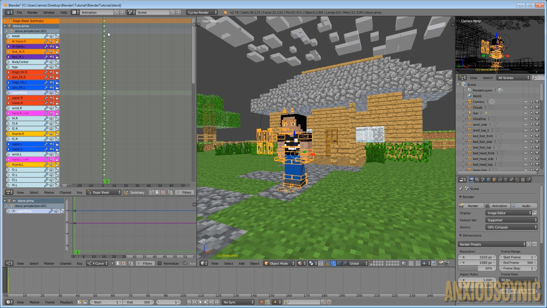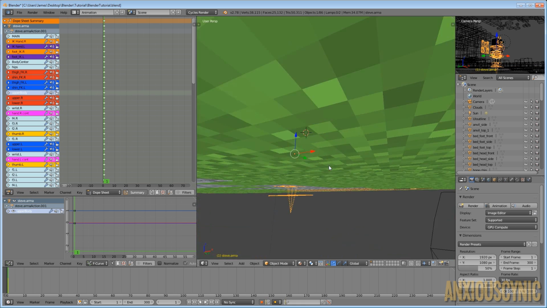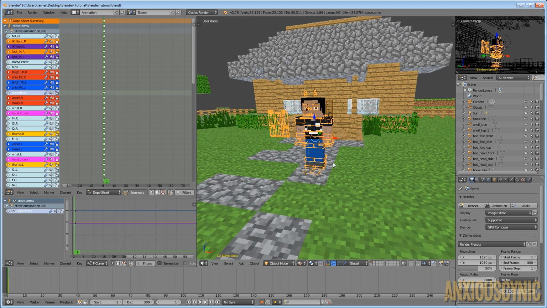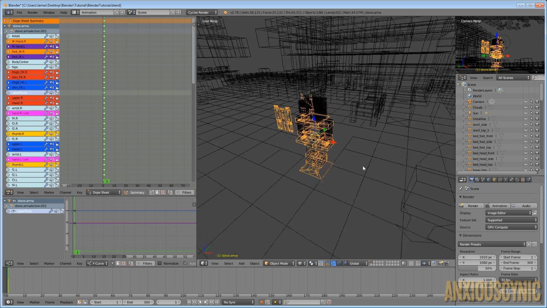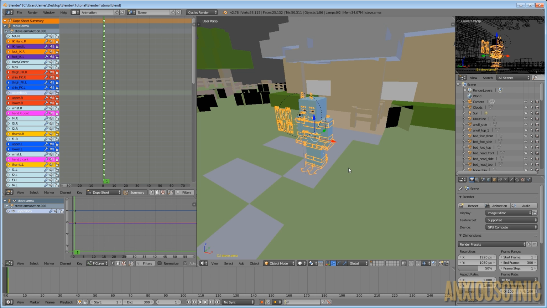So you may notice that we have all these keyframes over here still from when I selected all the bones and keyframed them in the previous part. Well, I'm just going to leave those be, and I'm just going to select this bone here, just this one. And you notice that I'm having to go through here. Well, there's a few things that I can do to fix that. One is I can go into wireframe mode so I can see all the bones and whatnot through things. But another thing that I can do, and this actually might help when we're animating, let's go ahead and put this back in material view,